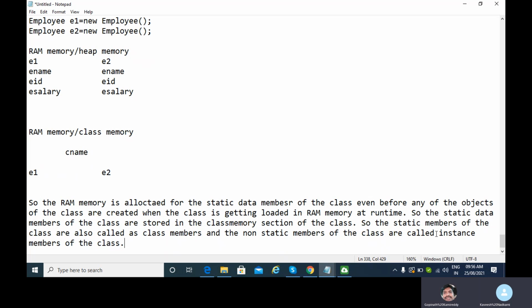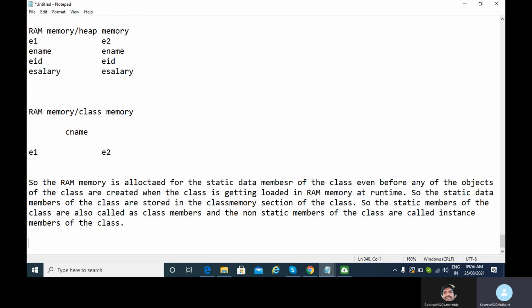But if I change the value of a static data member of the class for one object, then that same change will be reflected in the value of the static data member for all other objects of the class, because the static data members are shared between all the objects of the class.